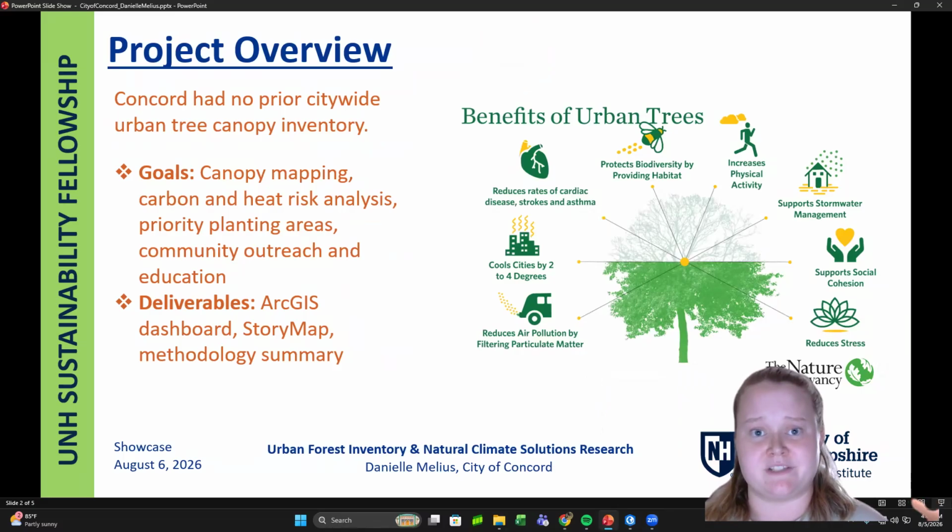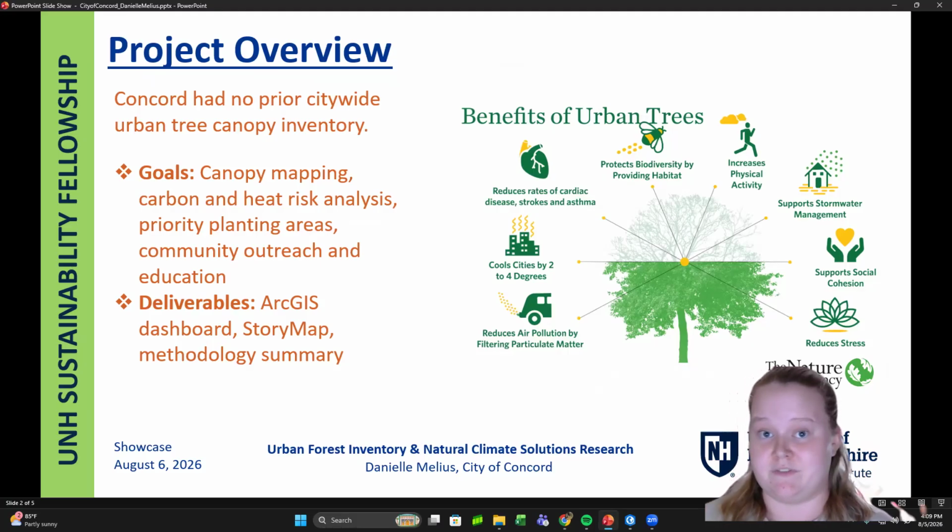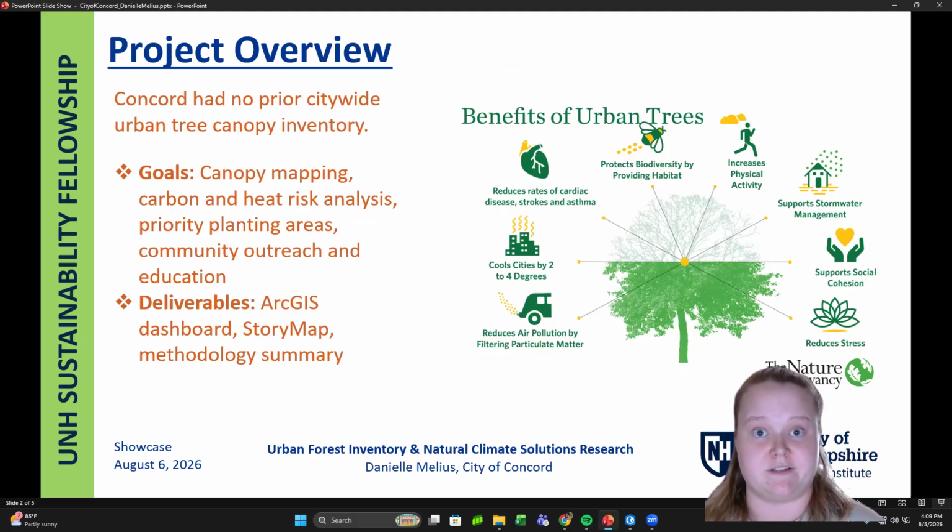One thing that the previous fellows who had worked for the City of Concord had noticed, specifically the ones doing a greenhouse gas emissions inventory, was that they were hitting a roadblock, or were limited, by the lack of data on Concord's tree canopy. So the goal of this project was to map the tree canopy, which would allow us to visualize the tree canopy within the urban growth areas versus the rural areas, the canopy on private versus public land, and allow us to also quantify those greenhouse gas emission stores and to make recommendations of where we should plant more